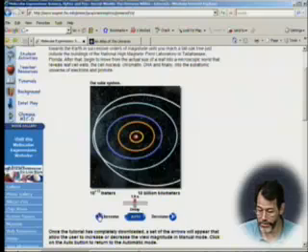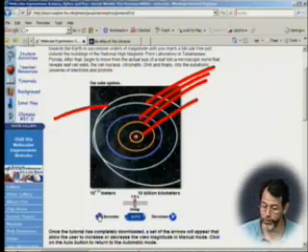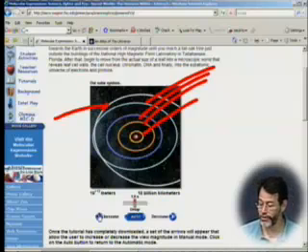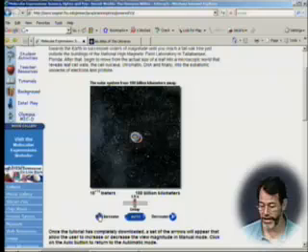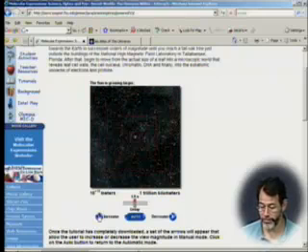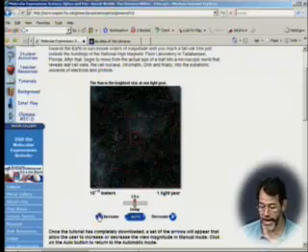So the red is Mars. This would be Jupiter, Saturn, Uranus, Neptune. Pluto may or may not be a planet, depending on the year. Pluto sometimes orbits inside the orbit of Neptune, but that is our solar system as we know it. Well, there's things further out, but they're not major planets. So our solar system begins to shrink at 10 to the 14th meters, 10 to the 15th meters, and eventually